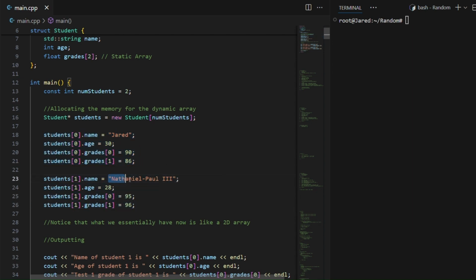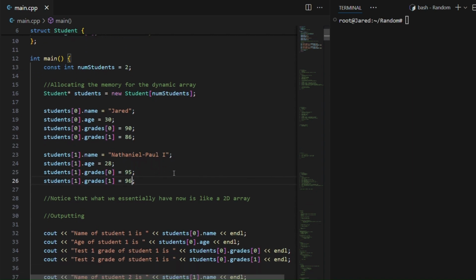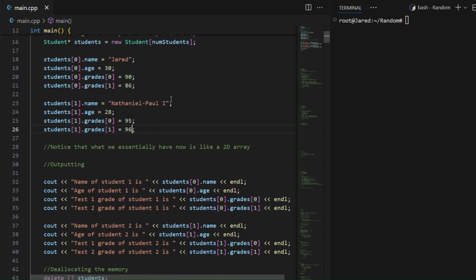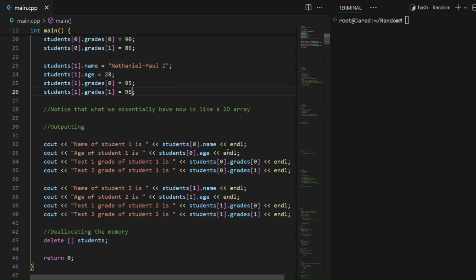By the way, this is inspired by my friend Nathaniel Paul. I felt like it sounds like such an old name. It deserves like the third or the first. Let's put him as the first. If you look at his marks here, he's the goat. So we'll put him as the first. I just thought his name sounded so royal, so English. I just wanted to put it there because if he watches this video, it'll be funny. Anyway,